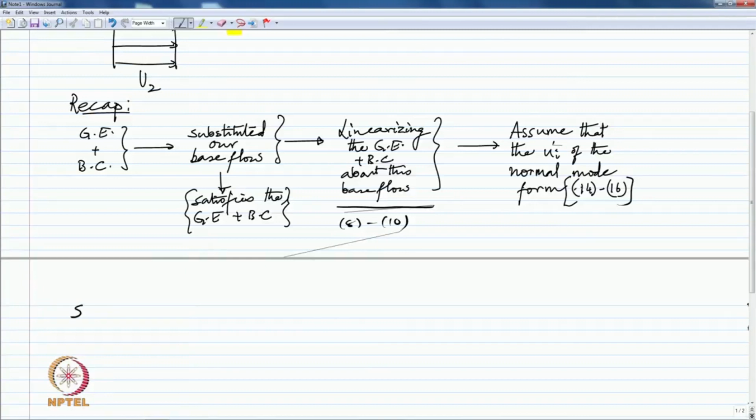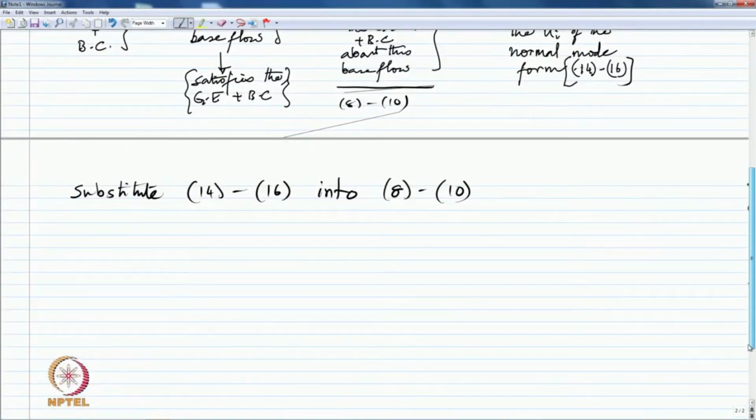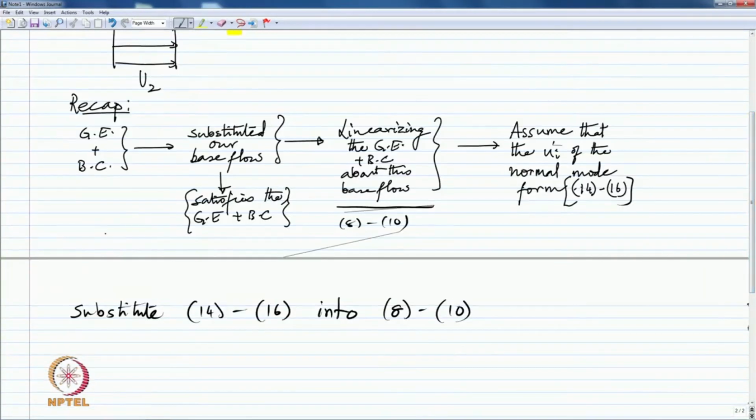So, we begin our solution process by substituting, and when we perform this substitution, what we get